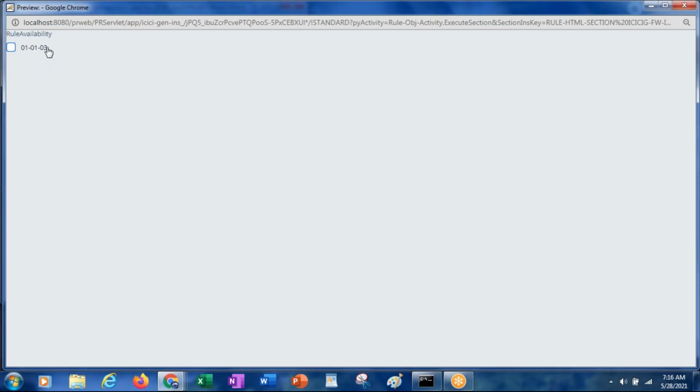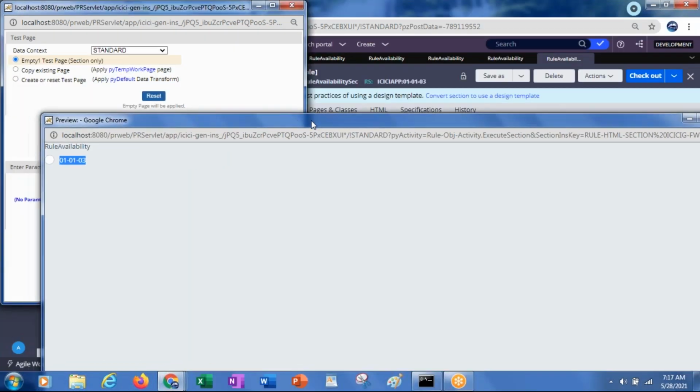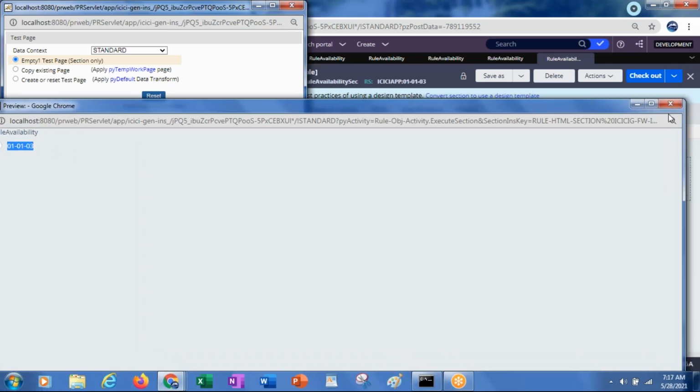See, now it is referring to that 010103. So that means first it will refer to your current class and highest version. If any rule wants to pick, first it will take the current class and then the highest version. If the rule is not available under 010103, then what will it do?